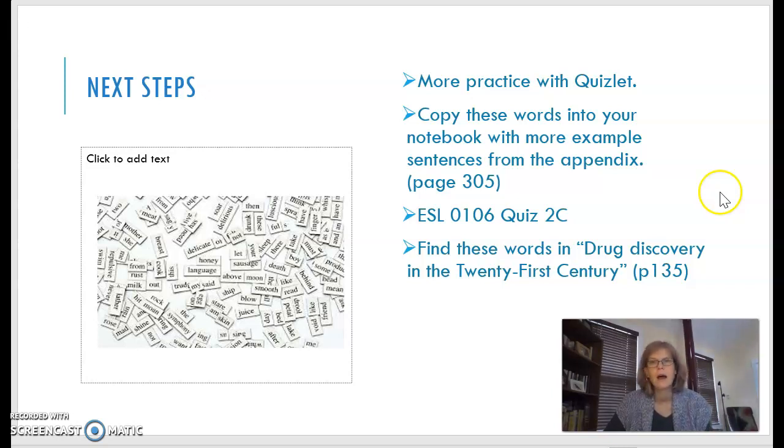And there's a quiz for you. And you'll see this in Module 6. Quiz 2C is going to ask you more questions about different ideas using these vocabulary words. Guys, you will find these 15 words will be very helpful